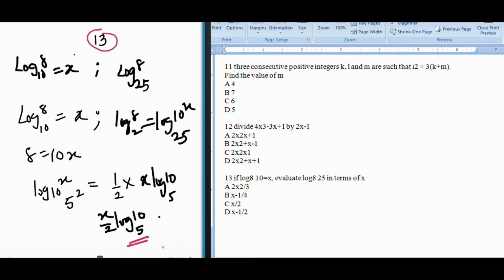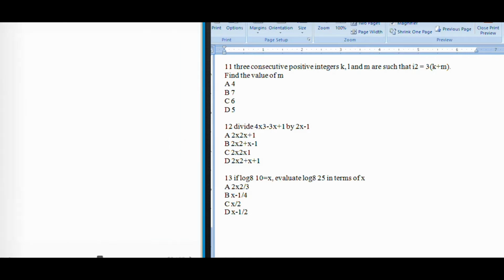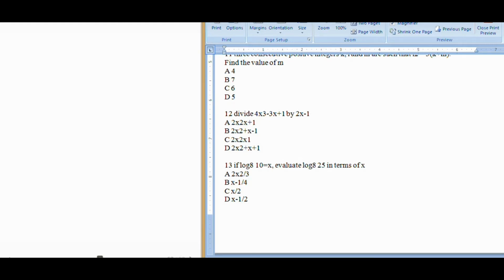Now the next question has to do with normal multiplication, which we were used to. Okay? Now we have to solve